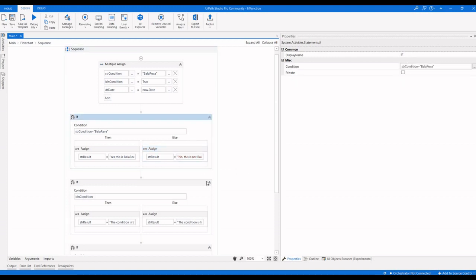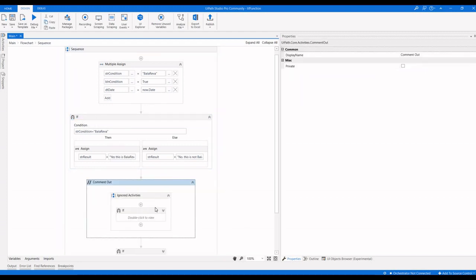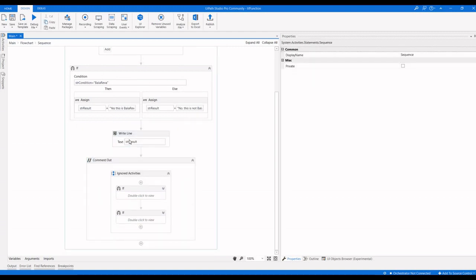So we have these if conditions. We have many if conditions. We can see one by one how to avoid the if condition using the ternary operator. That is the main goal we are going to see here. We can avoid the if activity only if you are using a single assign activity inside the if activity. I'll show you an example. First, I'm going to disable these if conditions. This one we need because we need to see the result.